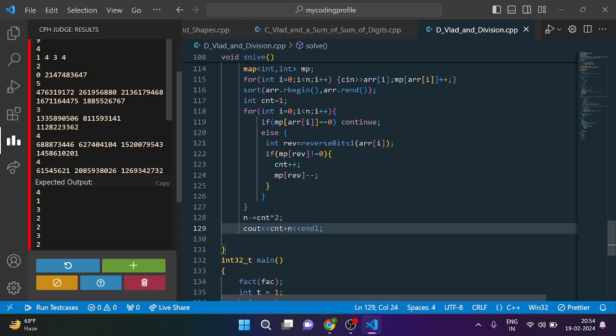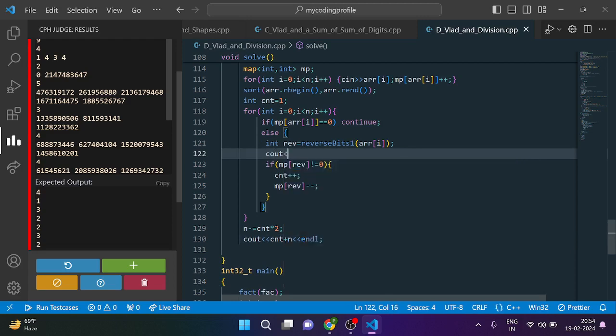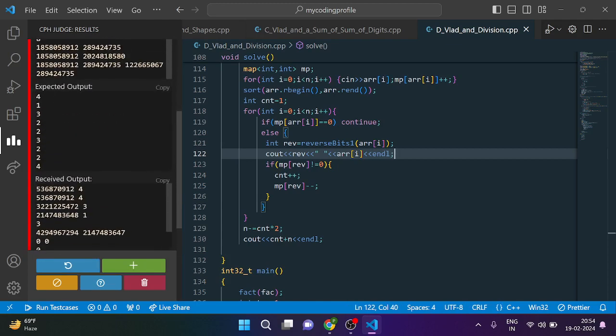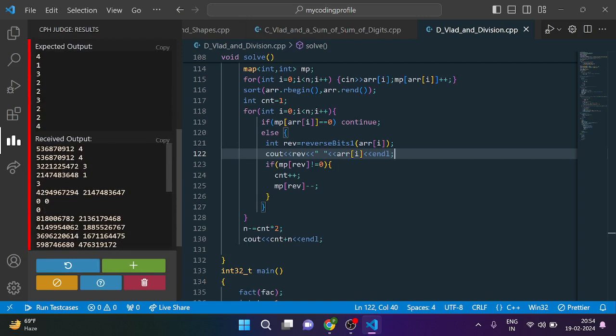Otherwise mp of cout rev and arr[i] in the end. Let's see how it is responding. How it is responding yaar,